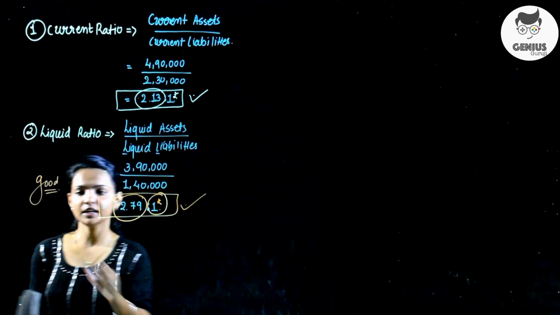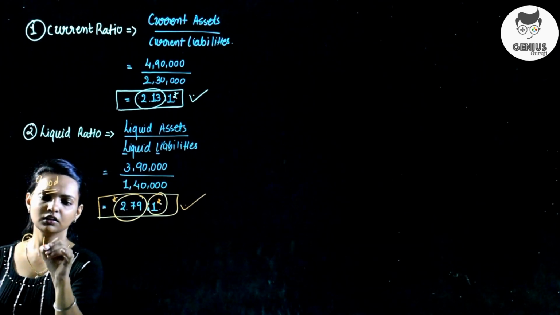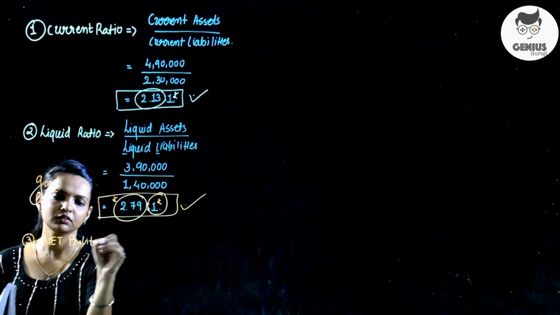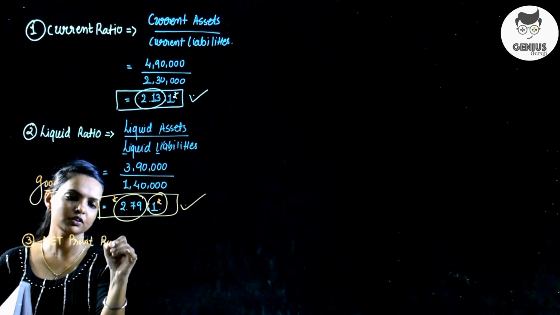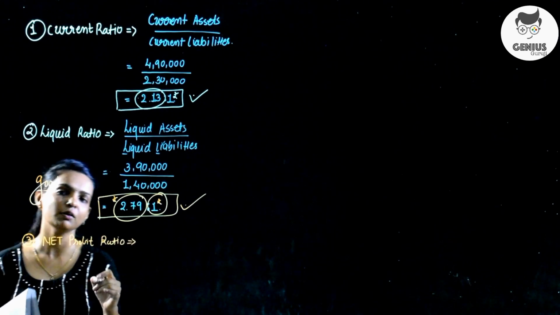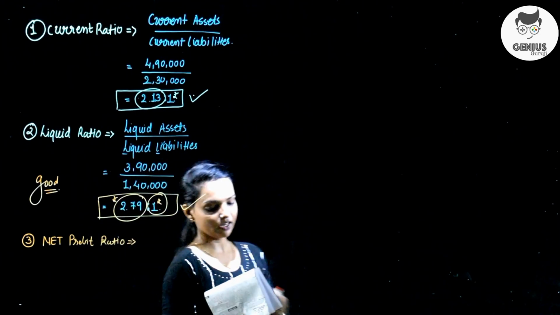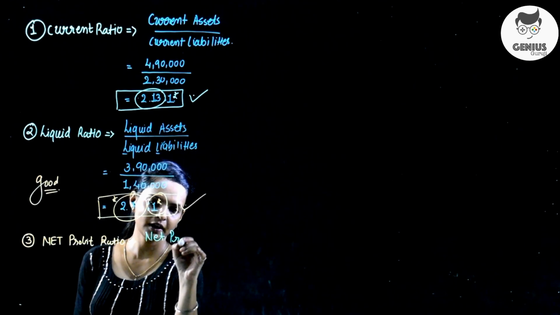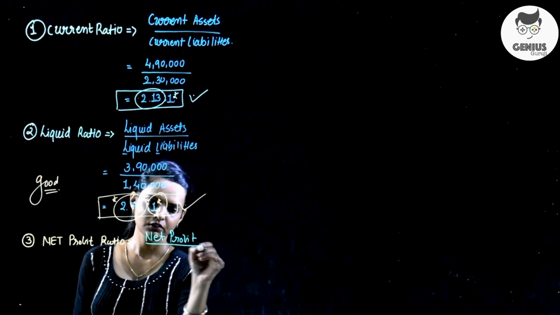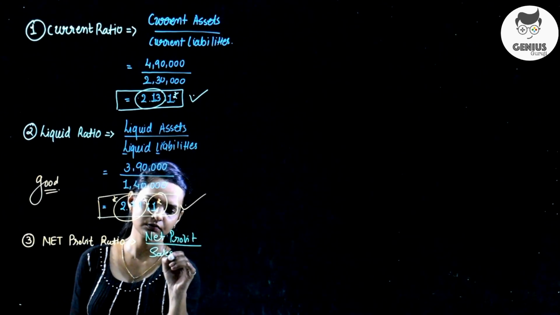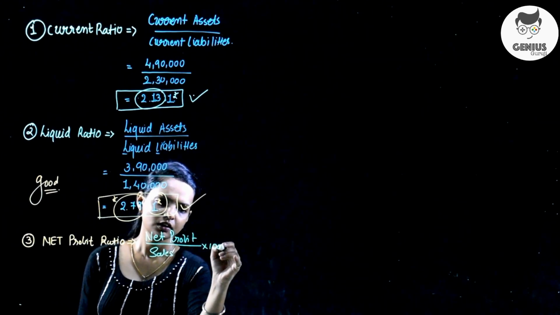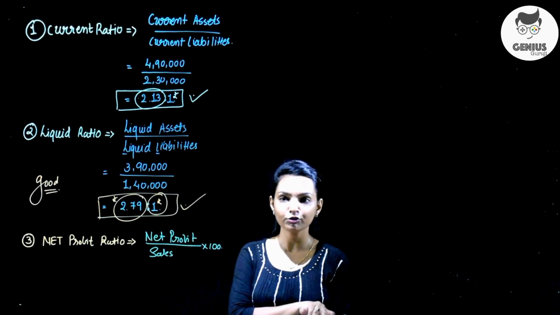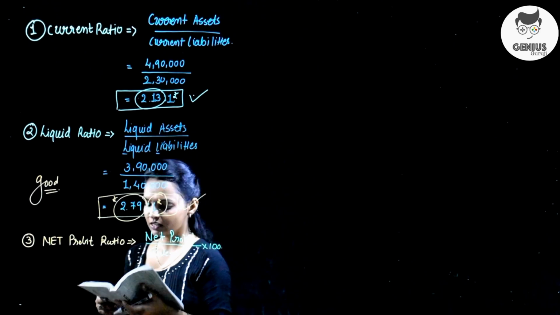Now third point is net profit ratio. What is the formula of net profit ratio? Net profit ratio means your net profit is compared with your sales into 100. See, in your additional information, they have given your total sale of rupees 40 lakh. So my answer will be,